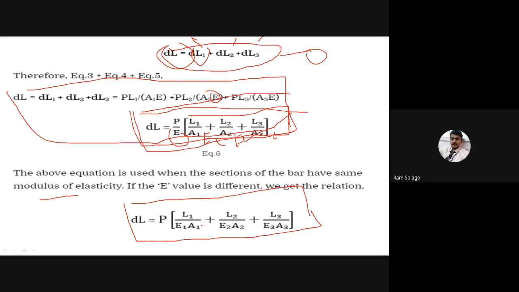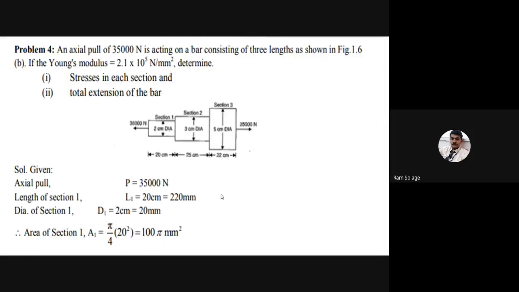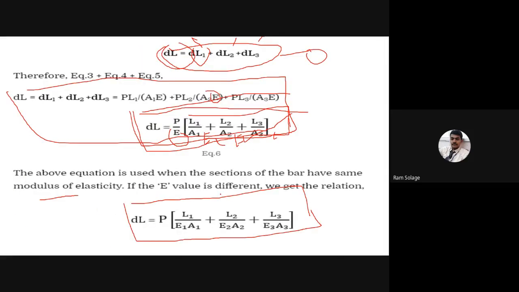Delta L is equal to P into bracket L1, E1, A1 over